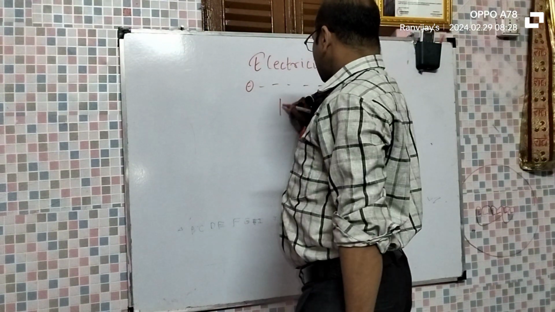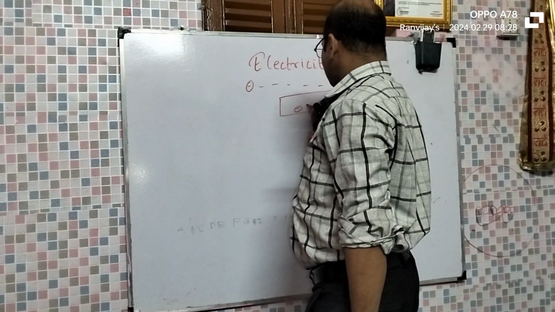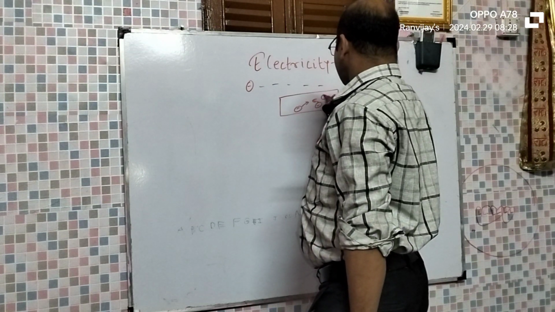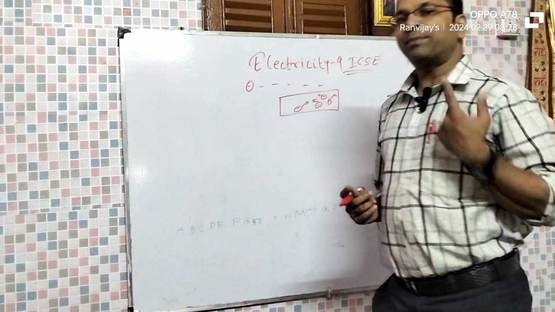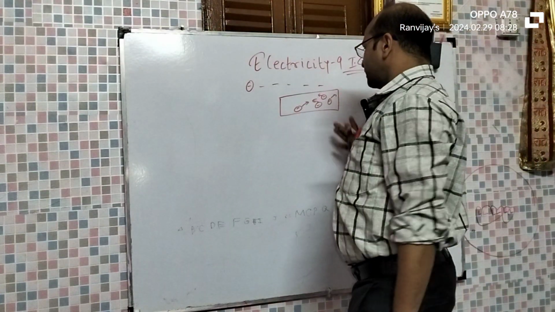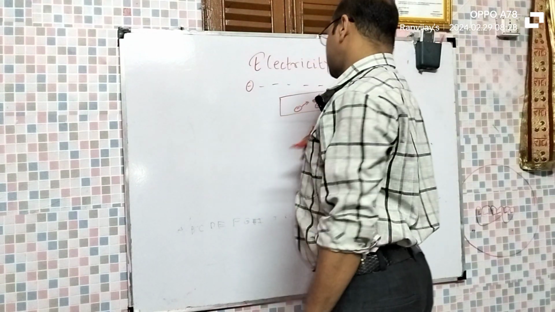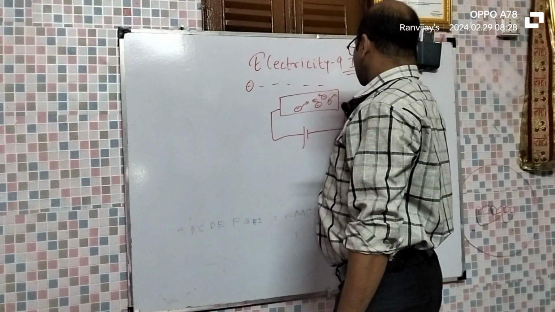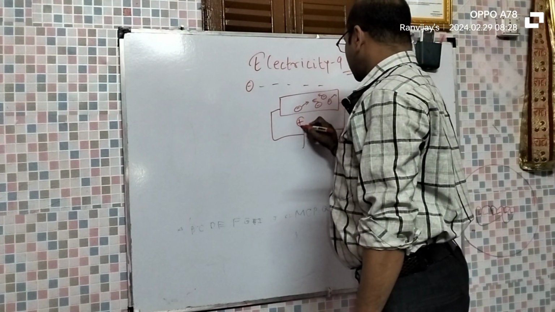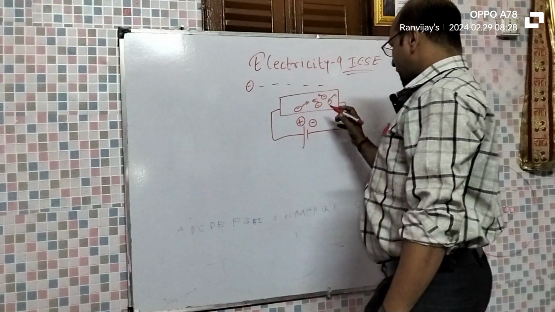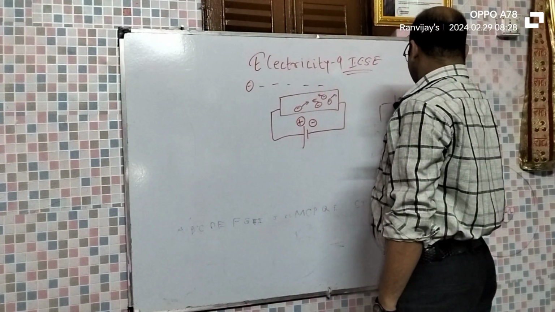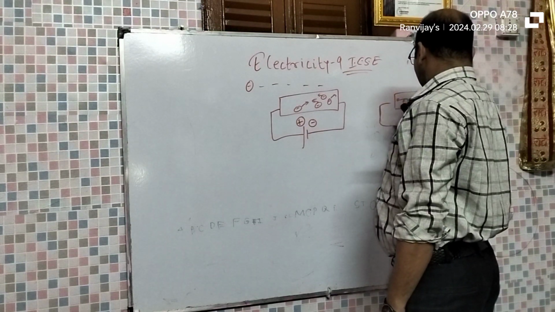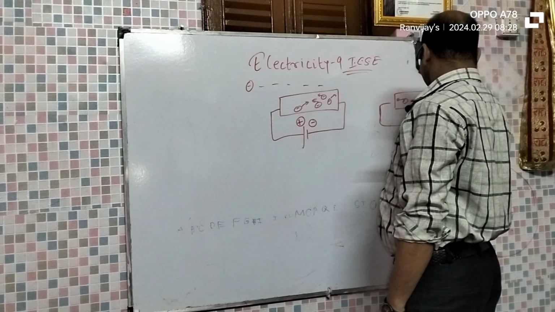What happens in case of a metallic conductor? The electrons are placed in a haphazard manner. They are moving in a haphazard manner in this direction until and unless we apply something which will make them flow in a particular direction. Suppose we apply a voltage or potential difference. The greater one is called positive and the smaller one is called negative. After we apply the voltage, these electrons will start moving in the same direction. So the direction of electron flow will be from here to here,